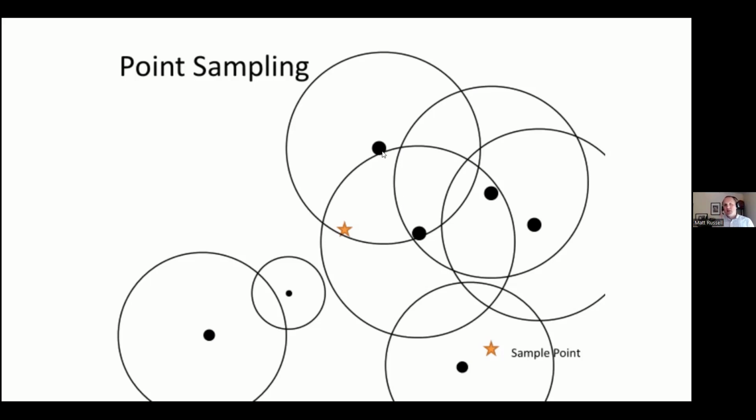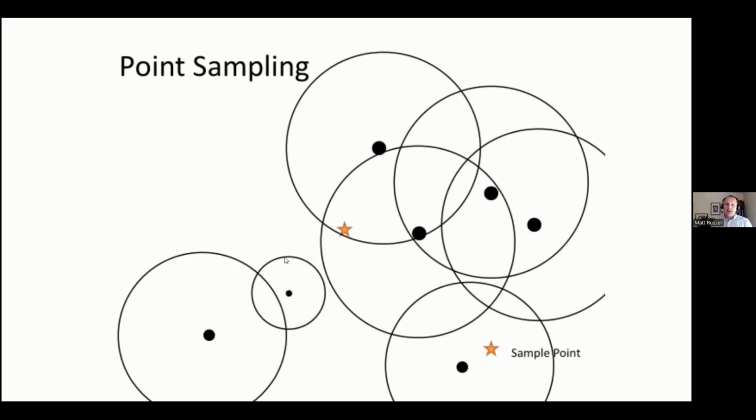If you have a look at this big tree here, it has a relatively large plot surrounding it because it's a large tree. However, a tree located here is a small tree and it has a smaller plot associated with it. This is point sampling, or sometimes people call it prism sampling, or point cruising.